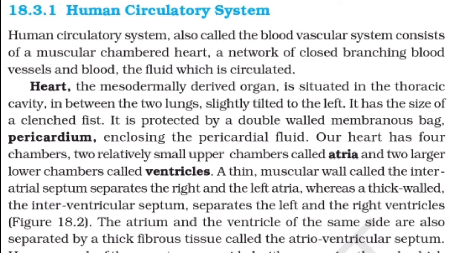Our heart has four chambers, two relatively small upper chambers called atria and two larger lower chambers called ventricles. A thin muscular wall called the interatrial septum separates the right and left atria, whereas a thick-walled interventricular septum separates the left and right ventricles. Figure 18.2. The atrium and ventricles of the same side are also separated by thick fibrous tissues called the